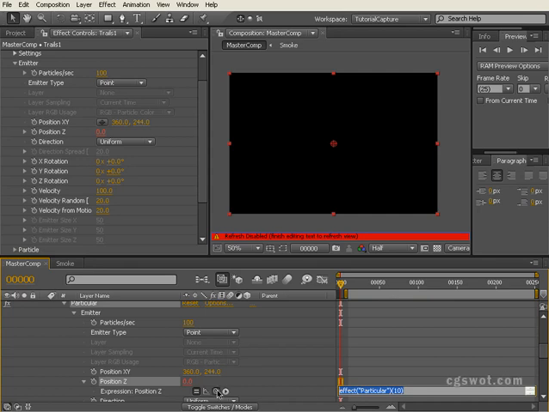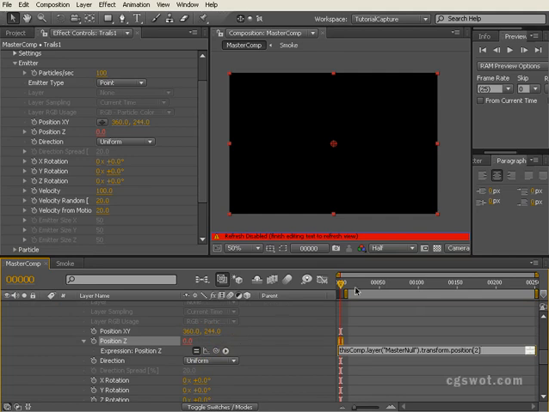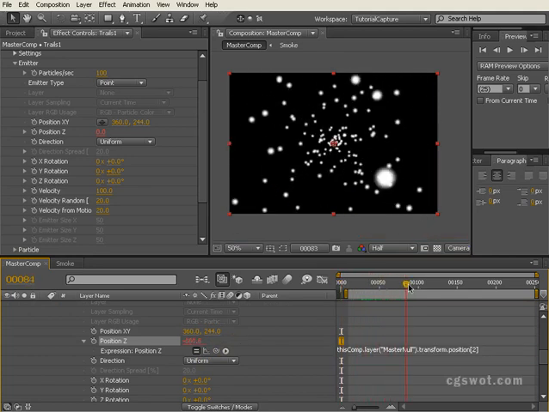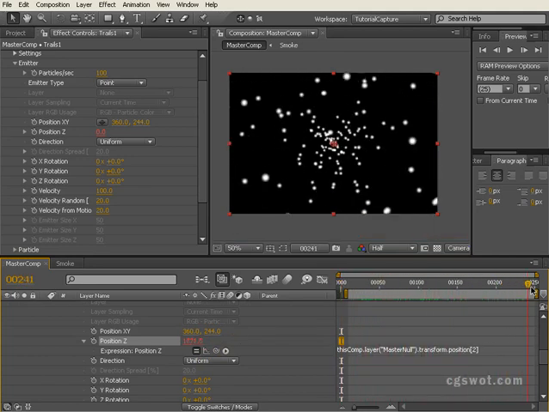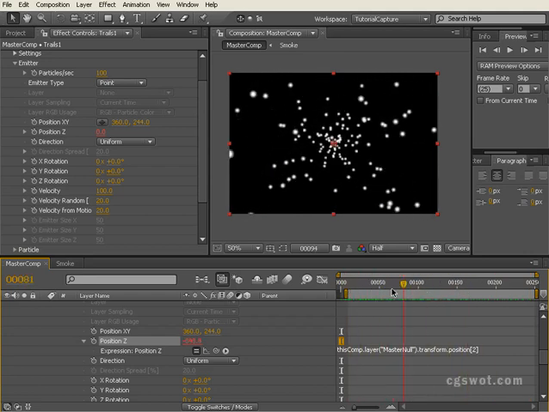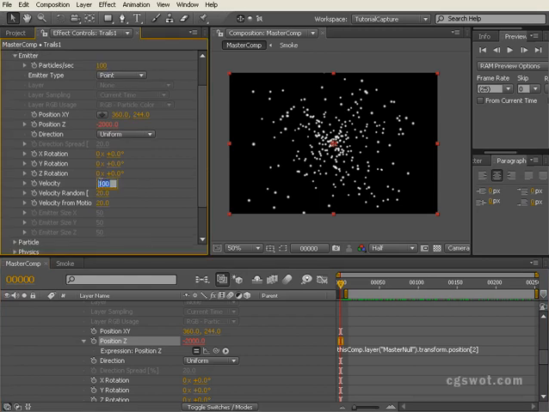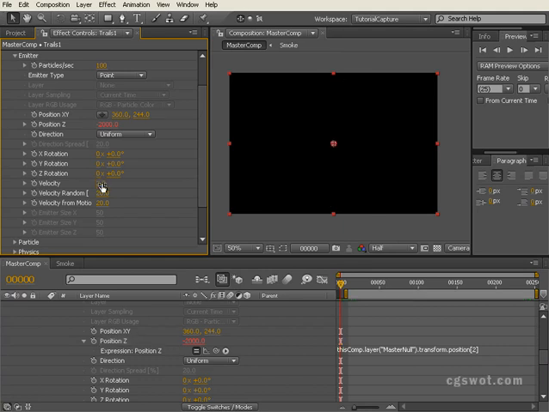We're going to drag our pick whip up to Z position, and now our particles are moving with that null object. So we'll just bring a little bit of velocity down to about 2 on the particles,